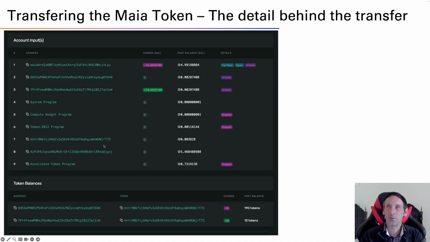The mint address for the token, obviously, very recognizable because of the MNT prefix. Again, this is our wallet address. This is the actual wallet address which owns this ATA. And then finally, this basically shows the token balances, and it's very clearly saying that this token account now holds